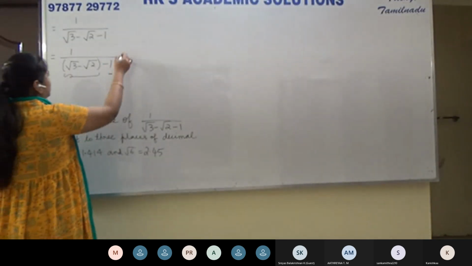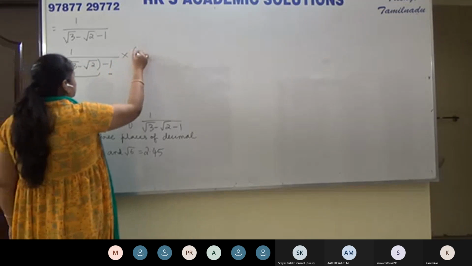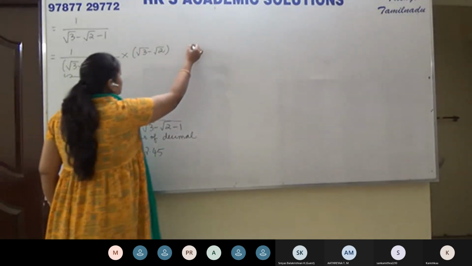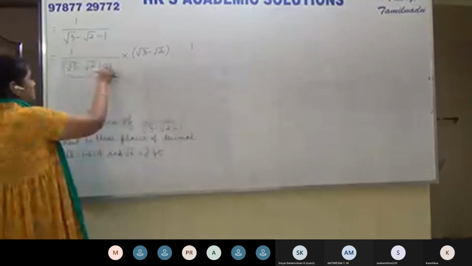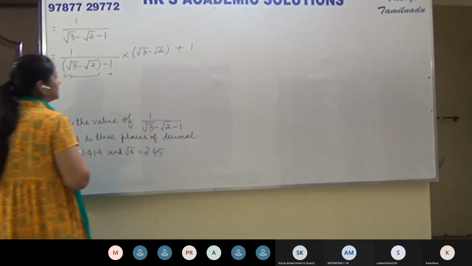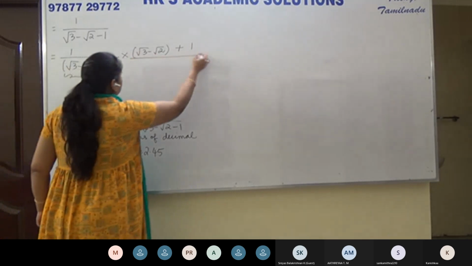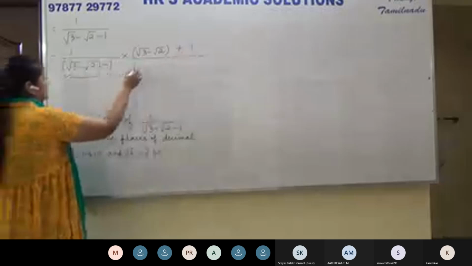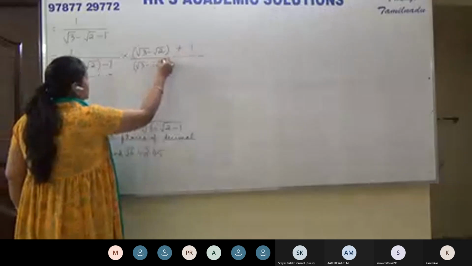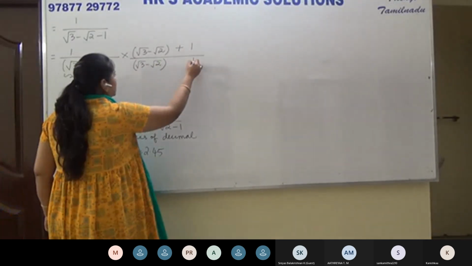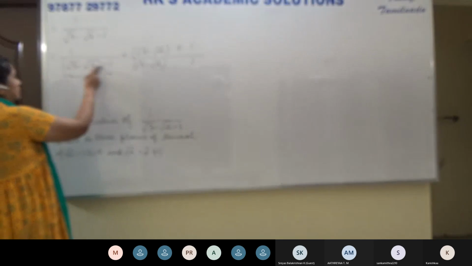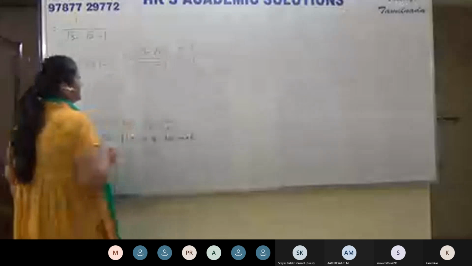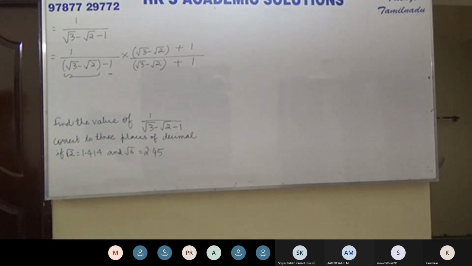So the conjugate of this expression will be, write the first term as it is, root 3 minus root 2, the second term 1 as it is. The connector here is minus, so its conjugate will have plus. Divided by, we'll have to write the same thing. This is the first term, root 3 minus root 2. This is the second term, 1. Here in the denominator, the 2 terms are separated by a minus sign, so the conjugate will be separated by a plus sign. So this is the first step.